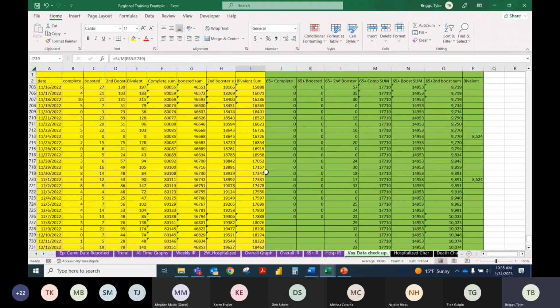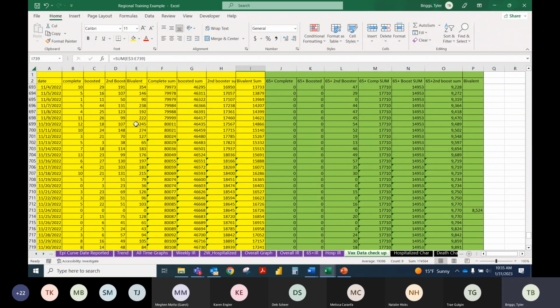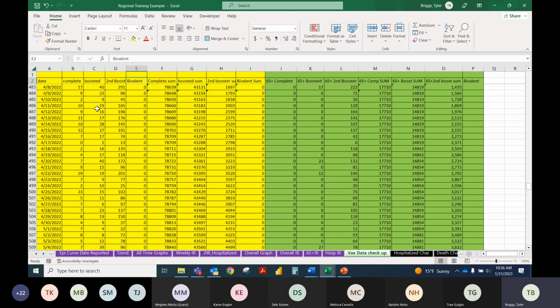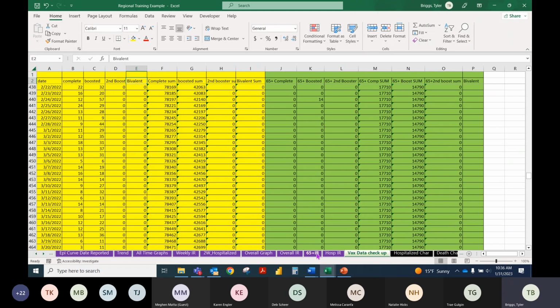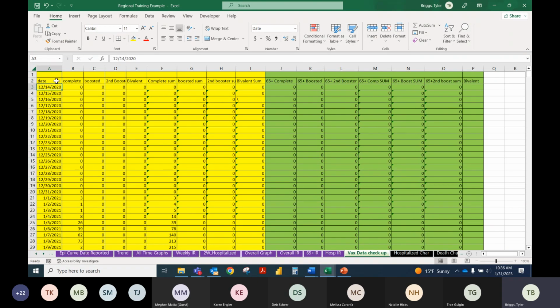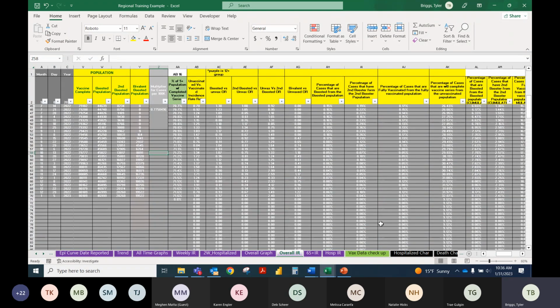Looking at something from the Ohio Department of Health's COVID vaccine data dashboard, you are able to download complete, boosted, second boosted, and even the up-to-date bivalent vaccination by date. Unfortunately, you cannot download these by age group. But with this information in mind, if you download that data and paste it into a sheet like this with the corresponding dates, which are available when you download it, essentially it looks like this when it downloads. This has been cleaned up a little bit. I can then use,